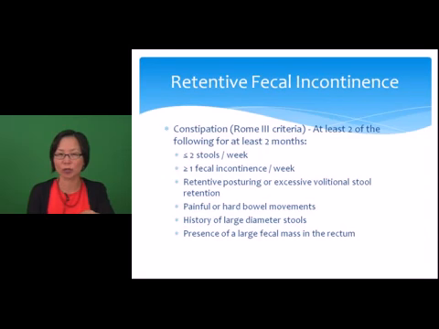2 stools per week, greater than or equal to 1 fecal incontinence per week, retentive posturing or excessive volitional stool retention, painful or hard bowel movements, a history of large diameter stools, or the presence of a large fecal mass in the rectum. Now, we actually use the same diagnostic criteria for infants and toddlers, but their symptoms only need to be present for 1 month's duration in order for them to be considered to